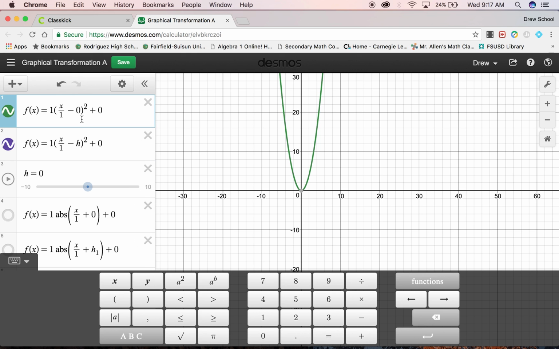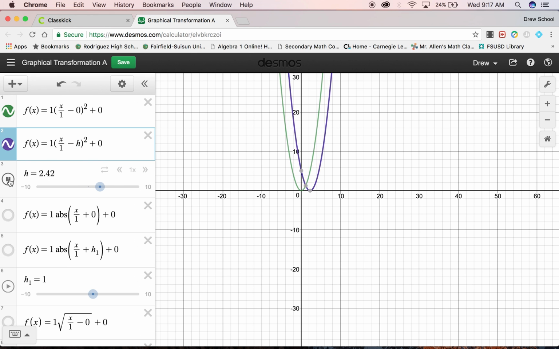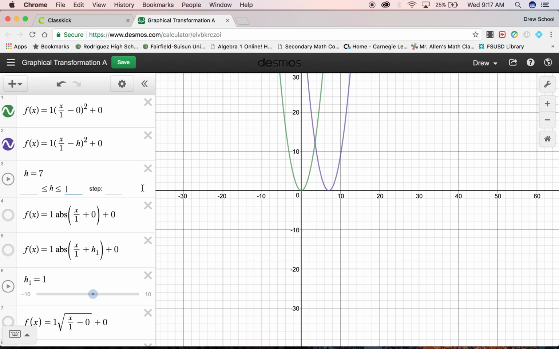Now if we look at this, it's the same function except this time we have the h changing. And if I push play, let's check out what happens. As h is getting bigger and smaller, the graph is moving to the left and to the right. Notice how, let's get a nice number, when h is 7, so this would be x minus h squared. Or in other words, it would be,